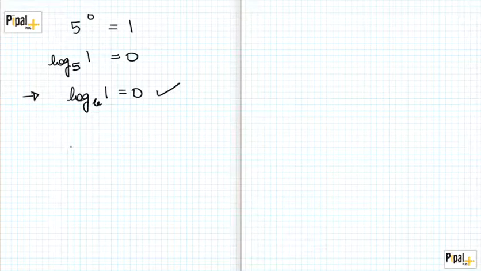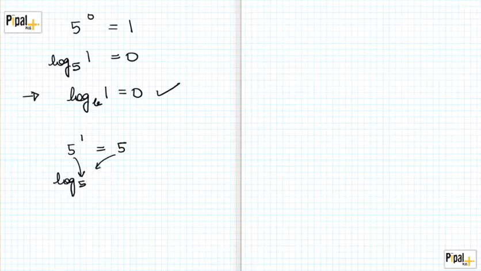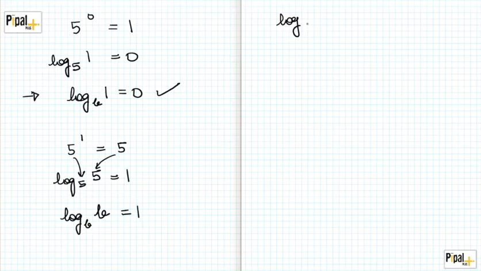The other important result is that 5 to the power 1 is 5, the number itself. Which means that if I take the log with base 5 of 5, I get 1. The result that I get from here is that log base b of the base itself will always be 1. So simply put, you take any base, the log of 1 will be 0. You take any base, the log of the base itself will be 1. This means that log of base A,